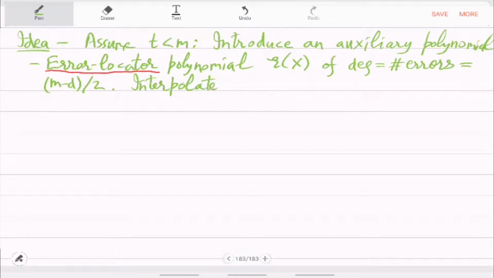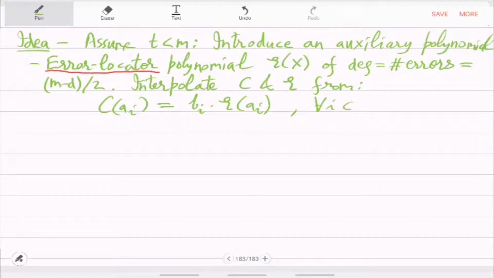So interpolate or find C and E from the following equation: C(A_i) equal to B_i times E(A_i). Now since we don't know which i's are good or which are bad, we have to treat all of them equally. So set up this equation C(A_i) equal to B_i times E(A_i) for all i. This gives you